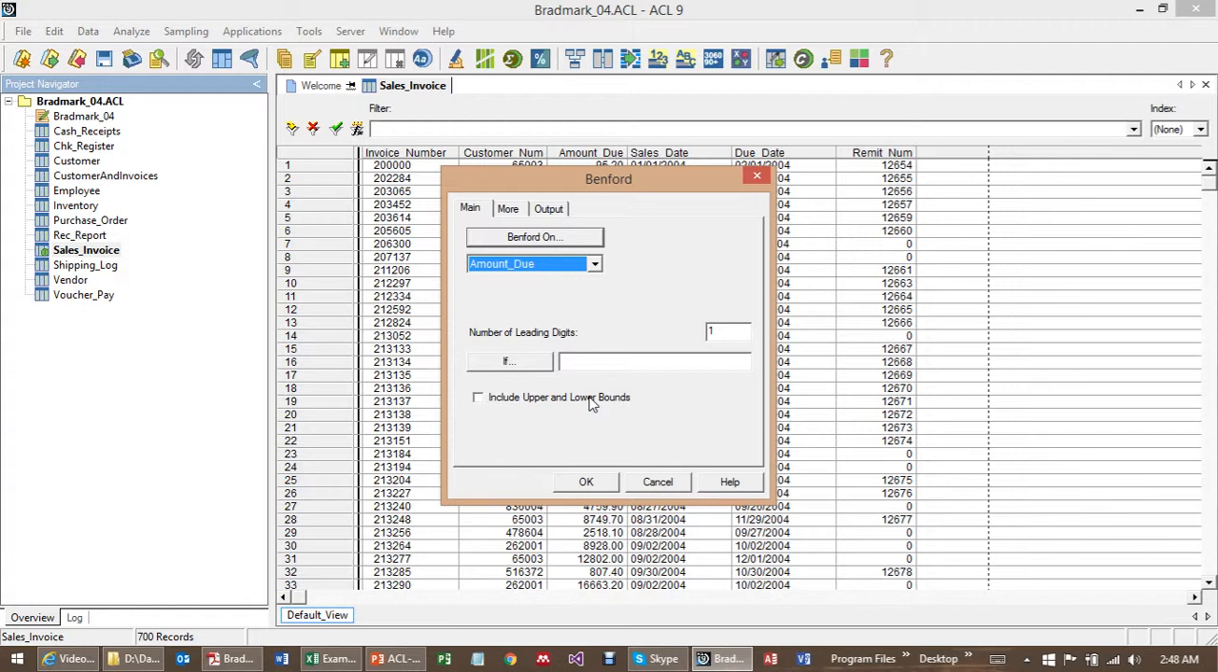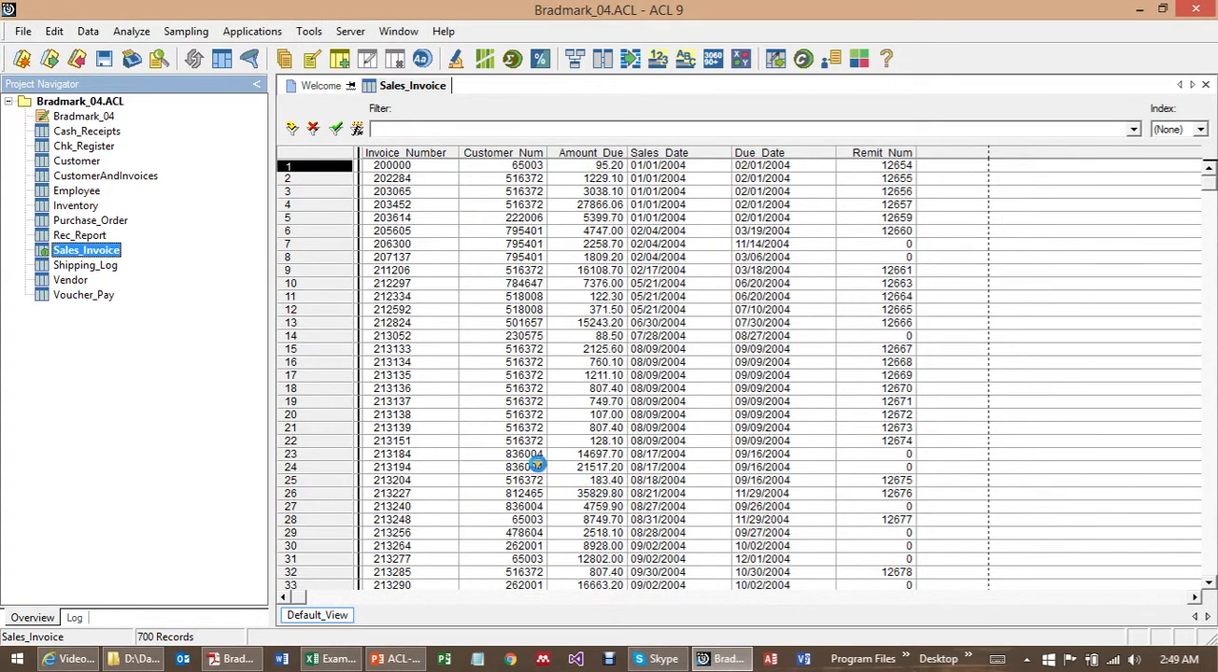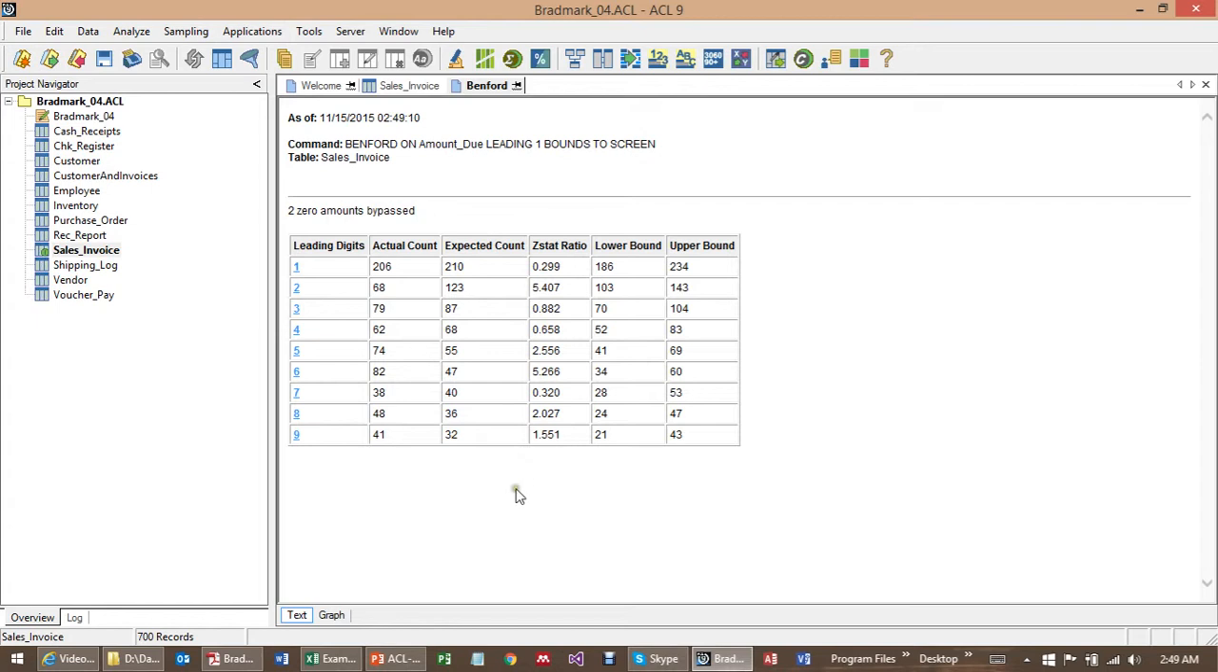manipulation as well. So we select perform Benford analysis, and then we check the box, we accept all defaults, and then we check the box include upper and lower bounds. When we click on that, the analysis is done on the amount due field, and any amount due that starts with a 1, for example from the far left,